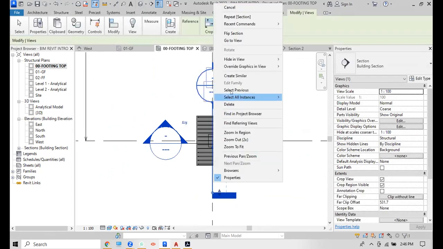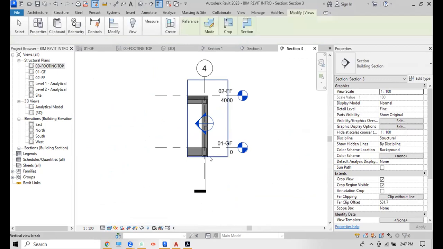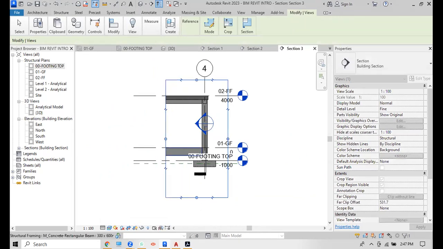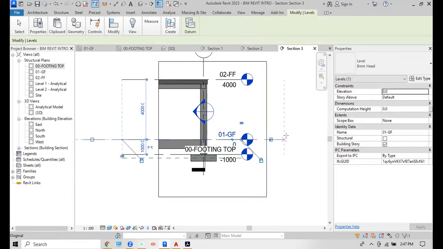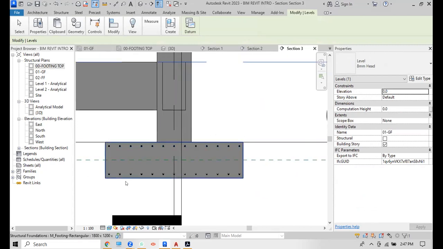Go to the view, and bring it down and bring like this, and we move this one away from the footer. And now you can see the bars which we have placed are present there. Now we want to place,